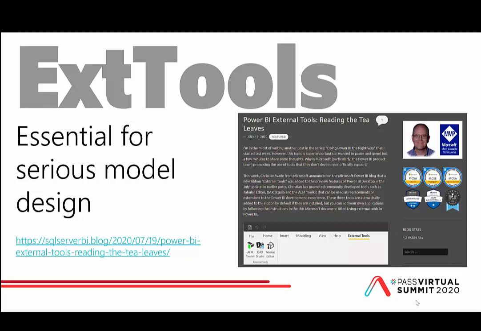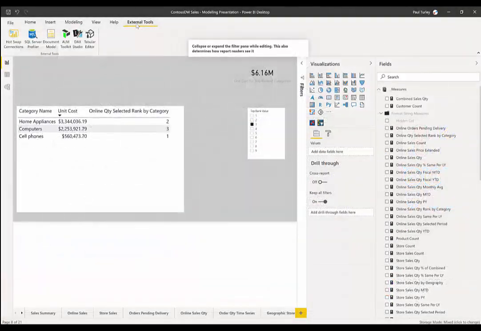Now, you can build your own external tools. There are third parties and other people in the community who have created additional tools, and you're going to see that as I demonstrate external tools. So let's take a look at external tools. The External Tools ribbon in Power BI Desktop exposes third-party tools that are not part of the Microsoft BI suite that will support Power BI, Analysis Services Tabular, and Azure Analysis Services.